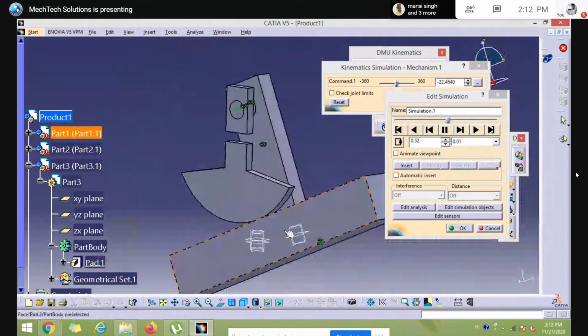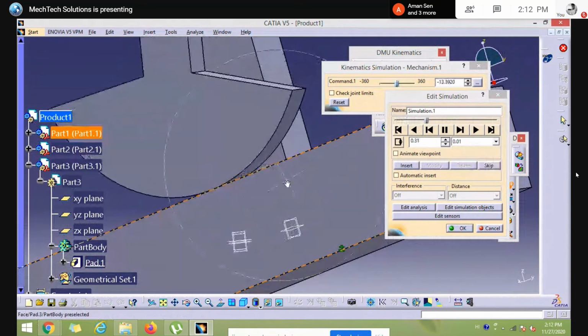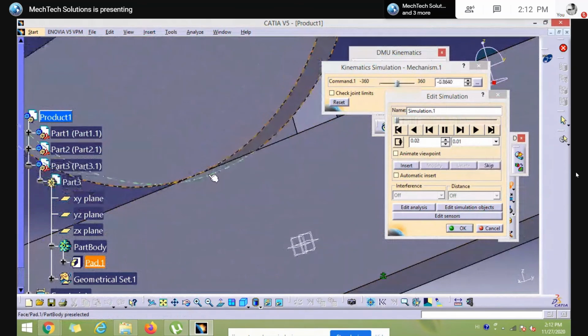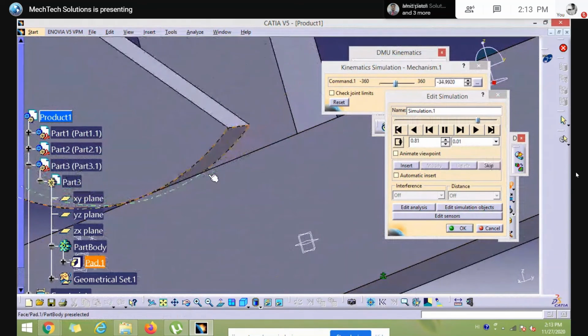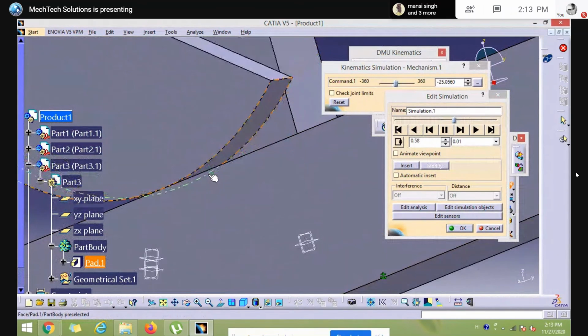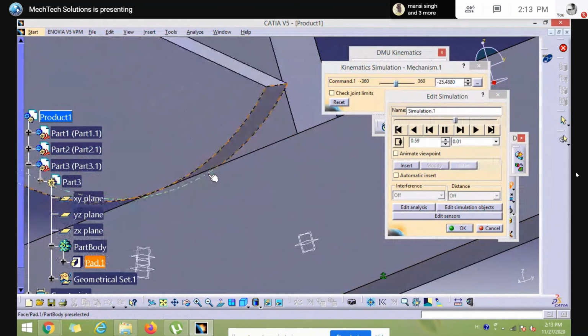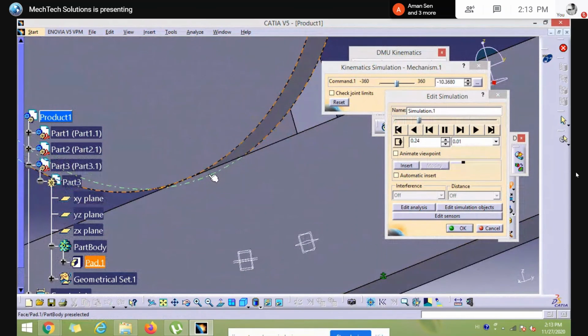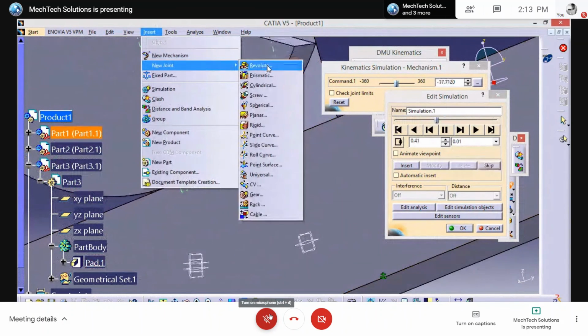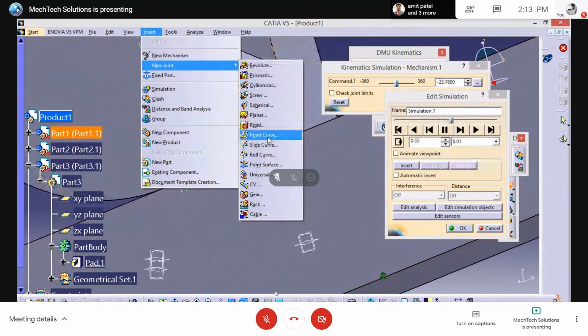But actually, the purpose of this tutorial is to teach what is the use of the slide and curve mechanism. So why this mechanism, I'm going to explain the purpose of slide and curve, where we can use the slide and curve mechanism. Earlier, I explained the point and curve mechanism. So why these tutorials, what I'm teaching, all kinds of mechanisms, all kinds of joints.